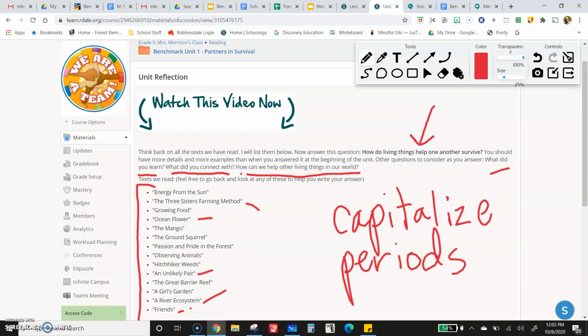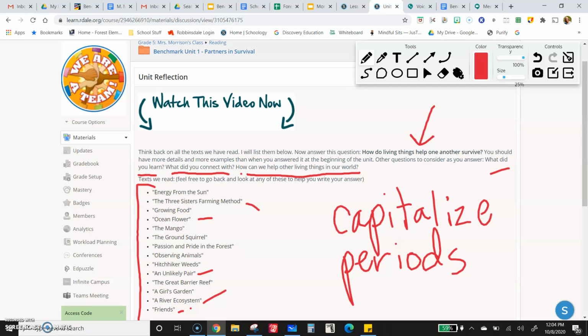But if you don't have some sort of connector word between your thoughts, make sure you do put a period in there. So basically, make sure you're doing good thinking, and then doing some good little writing. It should be a good little paragraph.